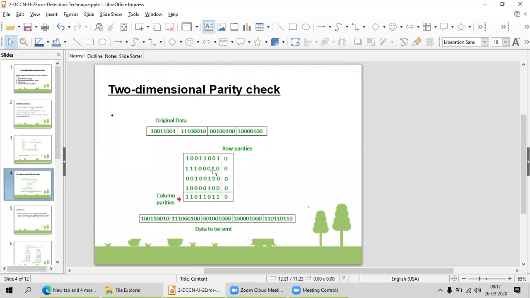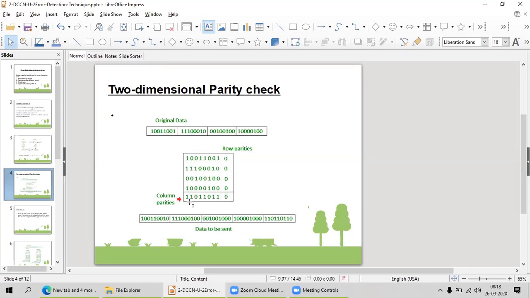If it is even, I am going to add zeros. All are even. That's the reason on the right hand side I have added zeros, 4 zeros for each data word. For each data word in the code word, I have added zeros at the end. Along with this, I am going to add one more data word, that is a code word, not more data, it is a code word for the column parities.